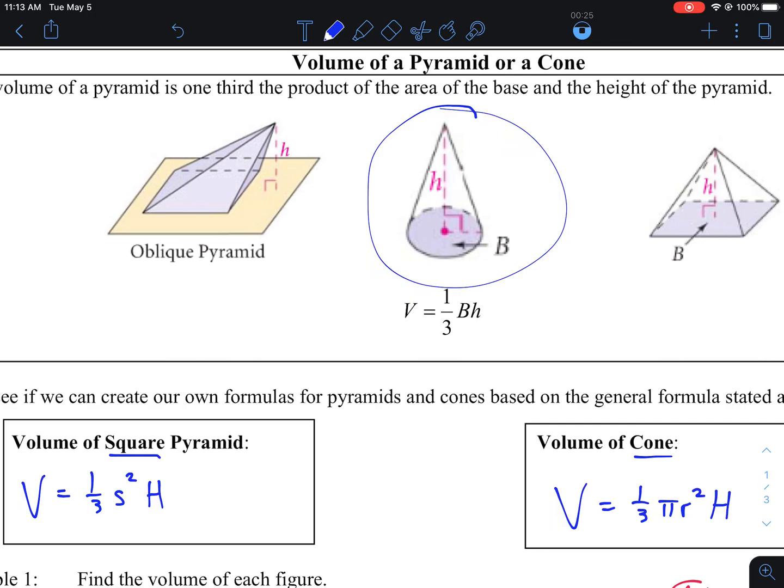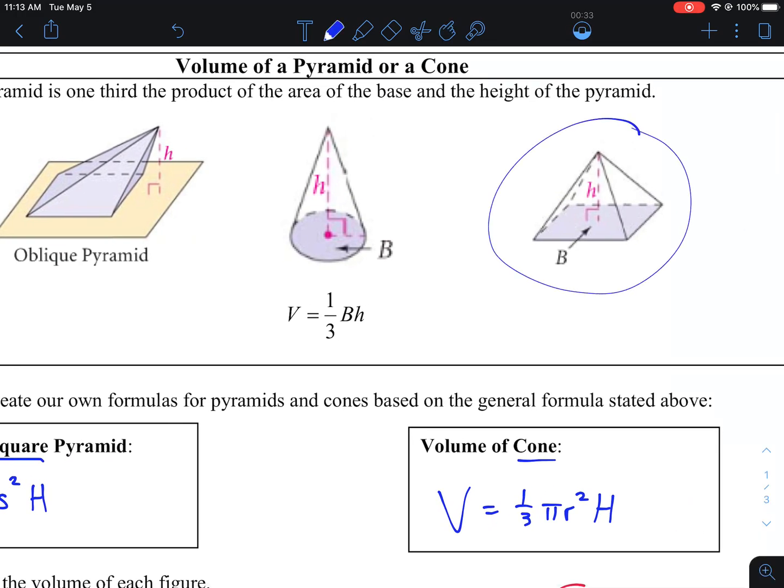that a cone is actually like a cylinder, but it's a fraction of it. It's a third of a cylinder, the same way that a pyramid will always be a third of a prism, the prism being whatever shape its base is. So generically, this formula here works for pyramids and cones of any kind because B, capital B, stands for the area of the base. So if you do the area of the base times the height and then multiply that by 1/3, you will find the volume for any cone or any pyramid, but we're going to focus exclusively on